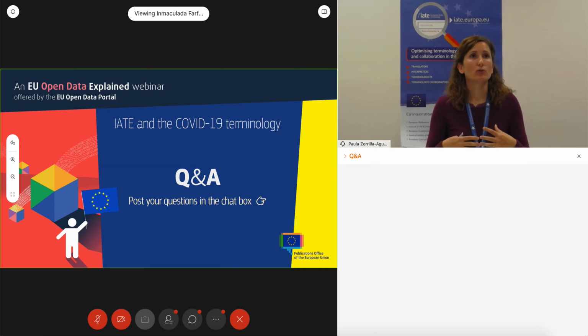So sometimes, because of specific traineeships, specific cooperations with non-EU countries, with maybe external partners, we do have data in IATE in non-official languages, but it's not always easy to maintain and make sure the quality of this data is ready to be released outside, and it's only open for internal use, but not for external users.